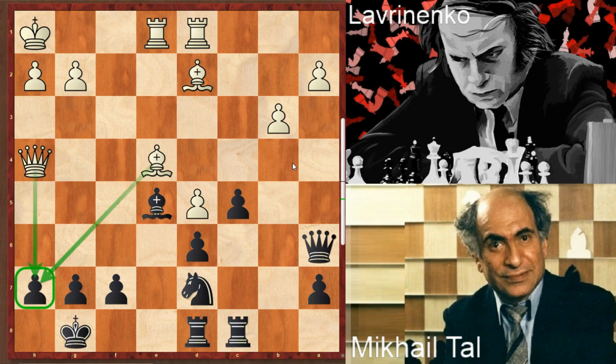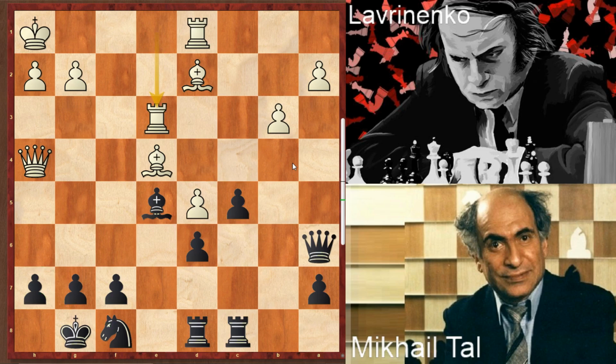Bishop to e4, attacking that h7 pawn, threatening some nasty stuff, and he defends with knight to a7. In this position, maybe the best move was g6, but he played knight to f8. Rook to e3 and bishop to f6. Better is simply queen takes